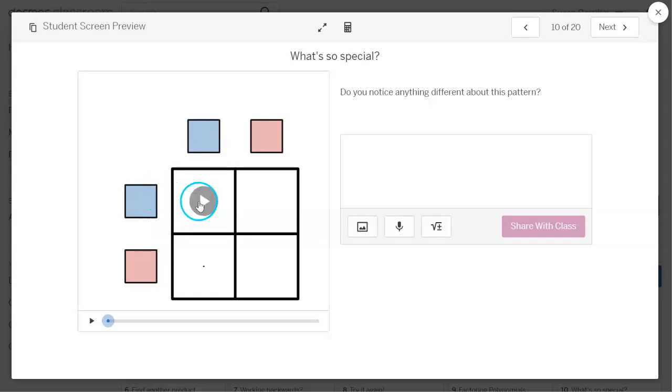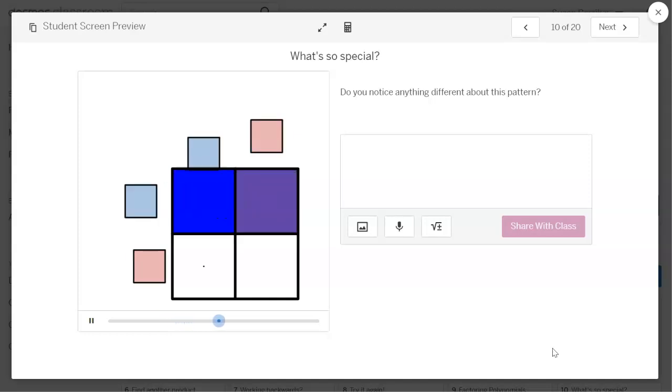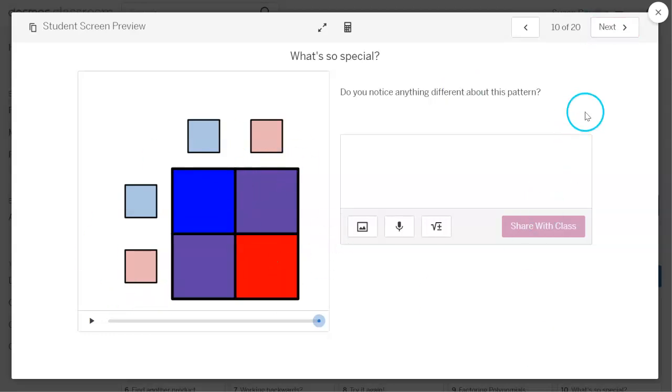Okay, now this one, it says it is special. We actually call these special products. Okay, so what's going on here? So let's see if they can figure out what the pattern is. Now again, your colorblind kids probably have no clue what this is supposed to be doing, because they can't tell the shades or the colors. So you may have to have some conversations with them, or just excuse them from this slide, because the poor things are not catching